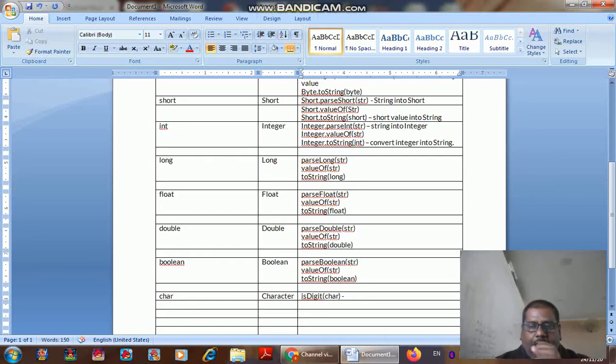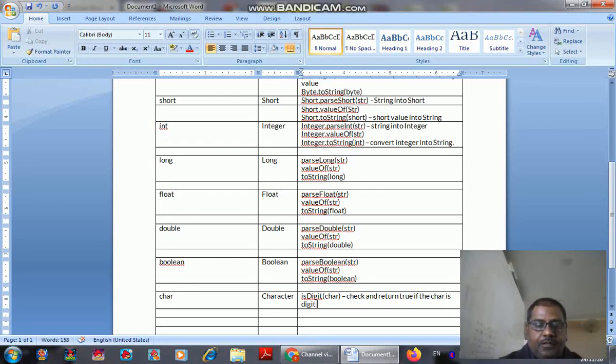It will check and return true if the char is a digit, otherwise false. That means whenever you are using isDigit, it is going to check and return true if the character is a digit, otherwise false.